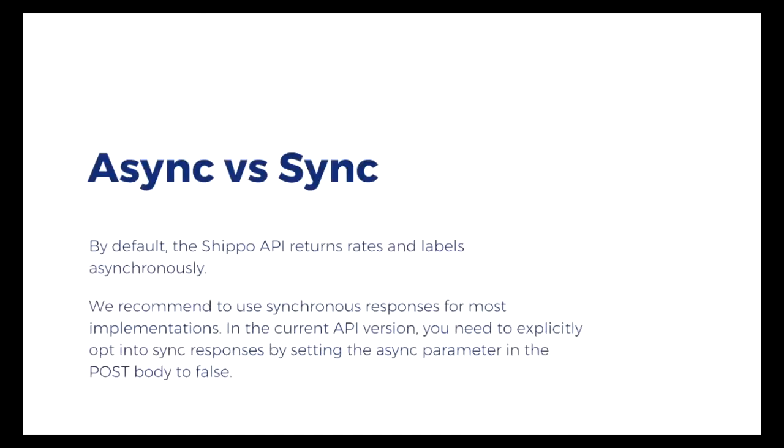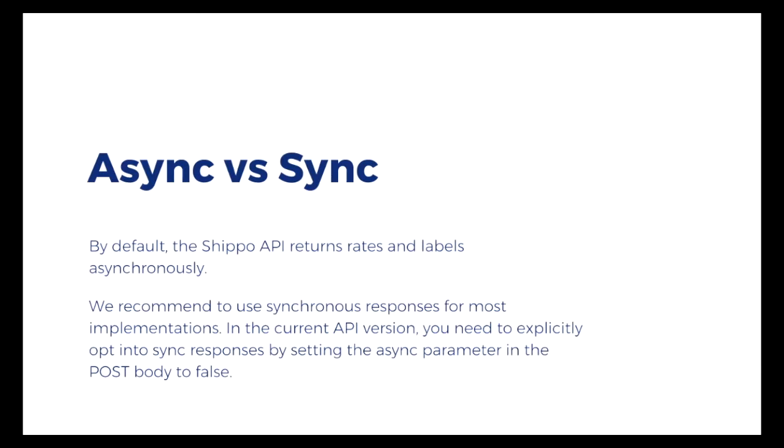Another concept that I wanted to cover is async versus sync. This is pretty important to understand before you actually start programming against our API because we actually do everything asynchronously by default. So you actually see that we return rates and labels asynchronously unless you specify that you want it synchronously. So on all the different objects, you can actually specify this. You'll see some examples later where we actually show where you can specify async false in case you want it back. If you're not familiar with what async and synchronous means,